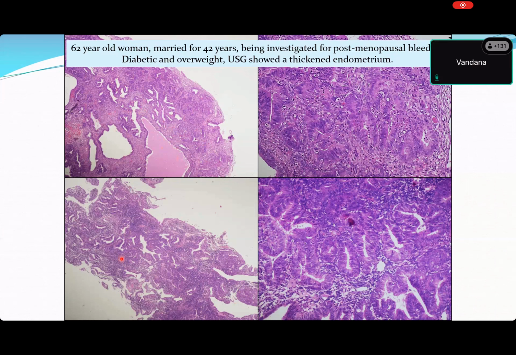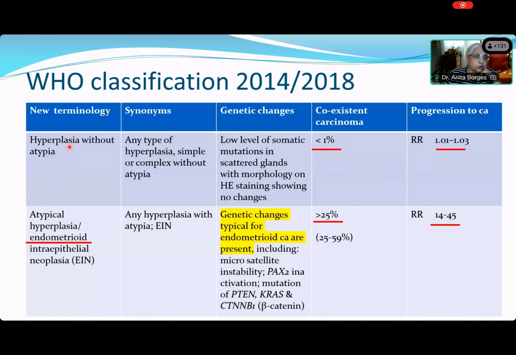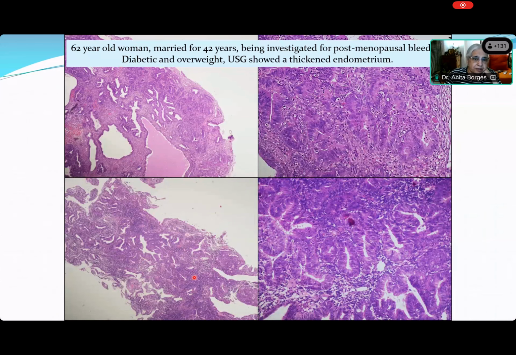Ma'am, because complex pattern of proliferating glands is seen here. Excellent. So then what is it? If you had to choose between this and this, which would you choose for the pictures on the left-hand side? Hyperplasia. I will choose atypical hyperplasia. Really? On the left-hand side, this is atypical hyperplasia? Since when? No, ma'am, not. If you tell me that here and here it is atypical hyperplasia on the right-hand side, I would agree. No, ma'am, in left-hand side pictures. So this is atypical hyperplasia. Why? No, ma'am, here hyperplasia. On the right-hand side, it is atypical hyperplasia.